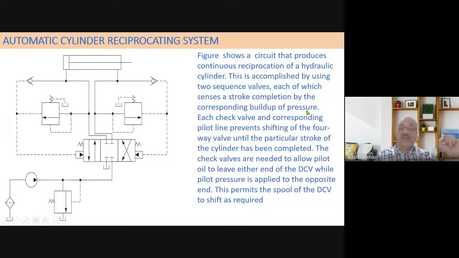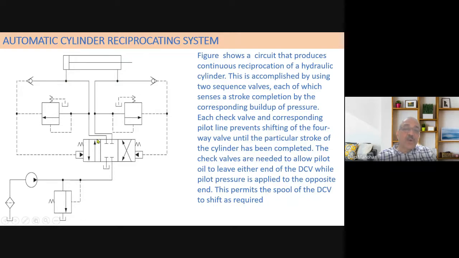So here the sequence is controlled by automatic sequencing through the pressure buildup, and it is sensed by the sequence valve, and then it shifts the four-way valve to the next position. So here, let us see how it works. First, let us assume that we are shifting it to the first position through some left envelope. Let us see, this is the left envelope. What will happen? It will go this side, it will go to the rod and it will retract. Once it retracts, the fluid is coming back here.